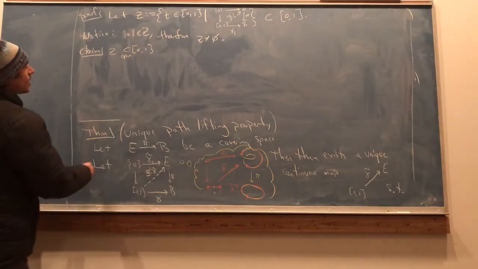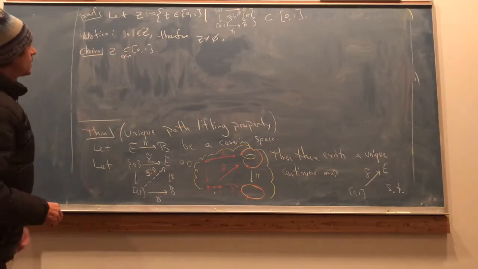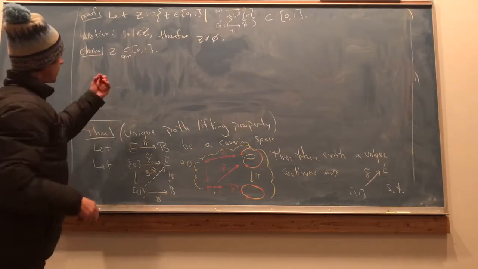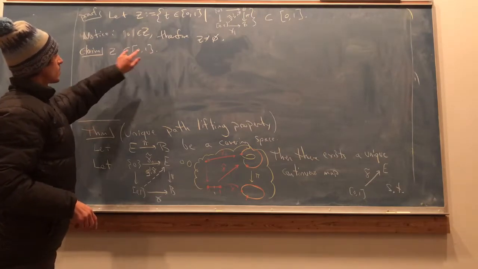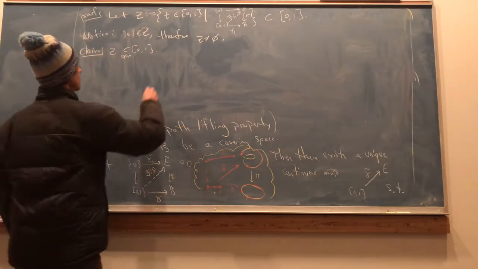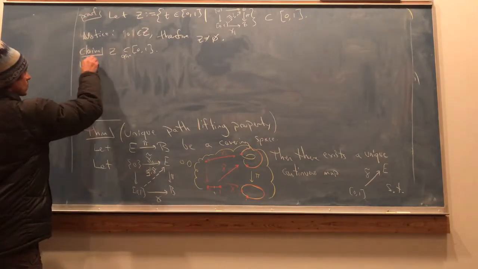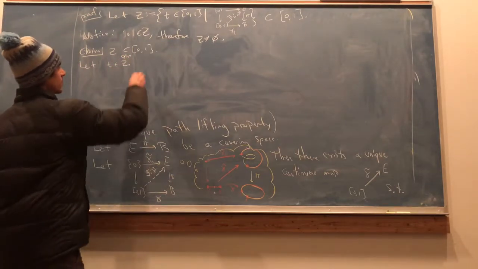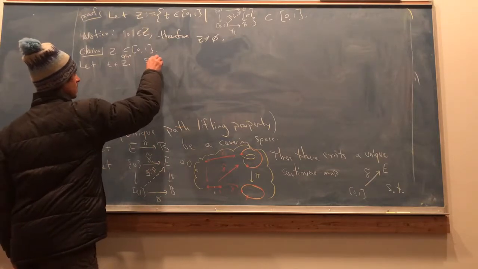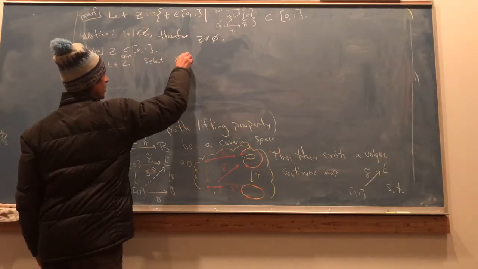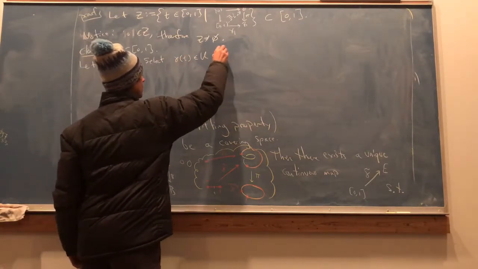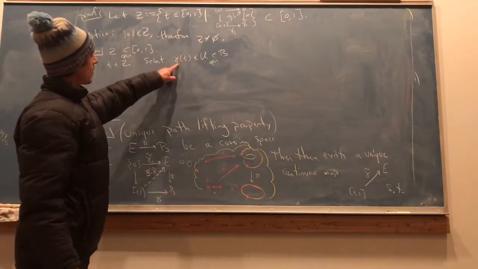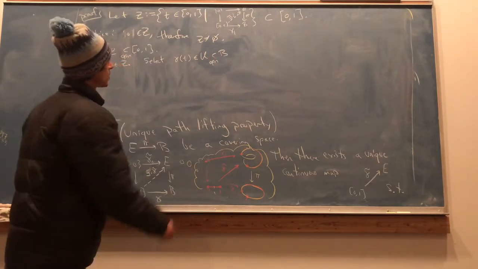Well, to see that, we'll show that for every element of Z, there's a little open neighborhood in [0, 1] containing that element and entirely contained in Z. So let t belong to Z. Now choose a neighborhood U about the value of the path at time t, and